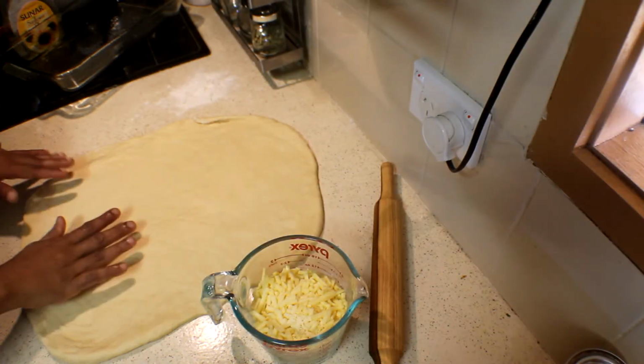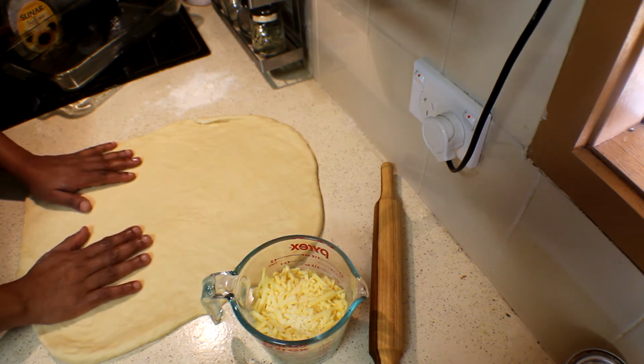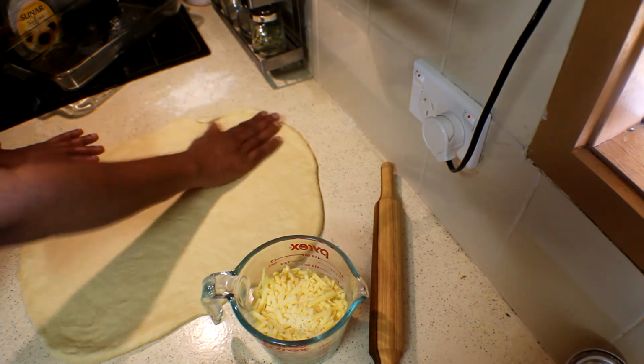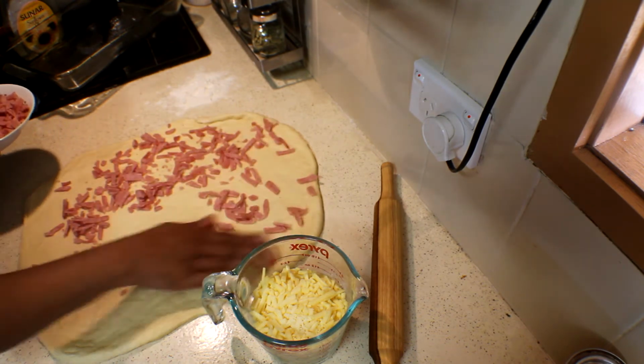So if you are doing the bread dough for the first time, don't worry if you find this a sticky dough. You can always add a bit of flour and make it come to a smooth dough like this. So after, put the ham over the dough like this,